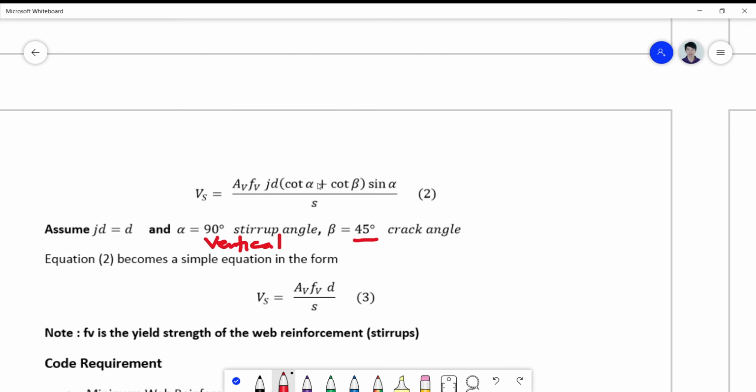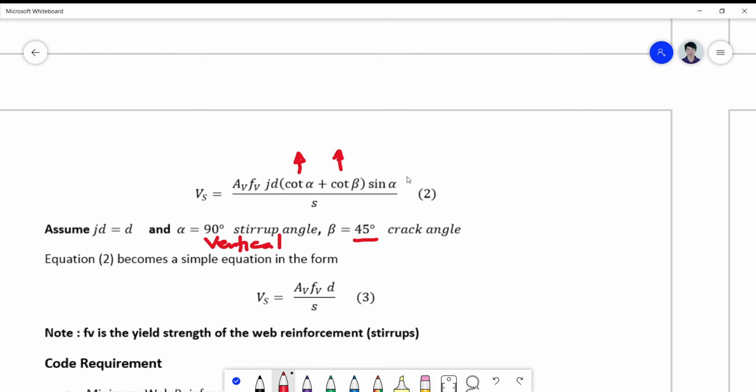Then we can further reduce cotangent of 90. What's the cotangent of 90 degrees? Okay, so the tangent of an angle of 90 degrees is